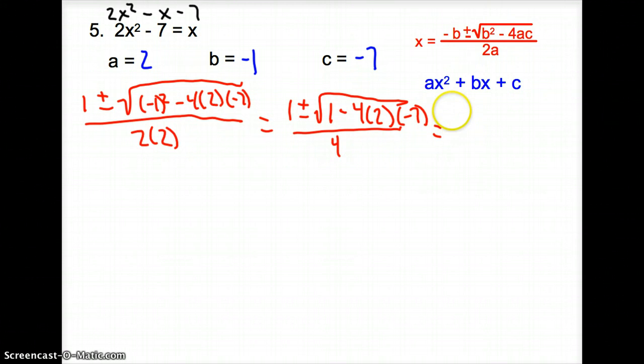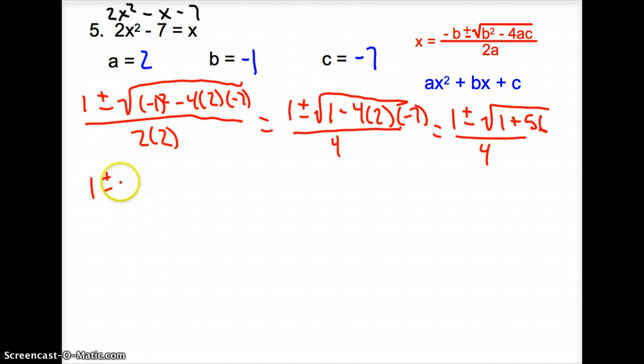This simplifies to 1 plus minus the square root of 1 plus 56, all over 4. Simplifying one more time to get 1 plus minus the square root of 57 all over 4. Again, we have a plus and a minus, a square root. But the square root of 57 doesn't really turn out nice for us. The square root of 57 turns into 7.55, so I'm going to make this 2 guys over here, so it's going to be 1 plus